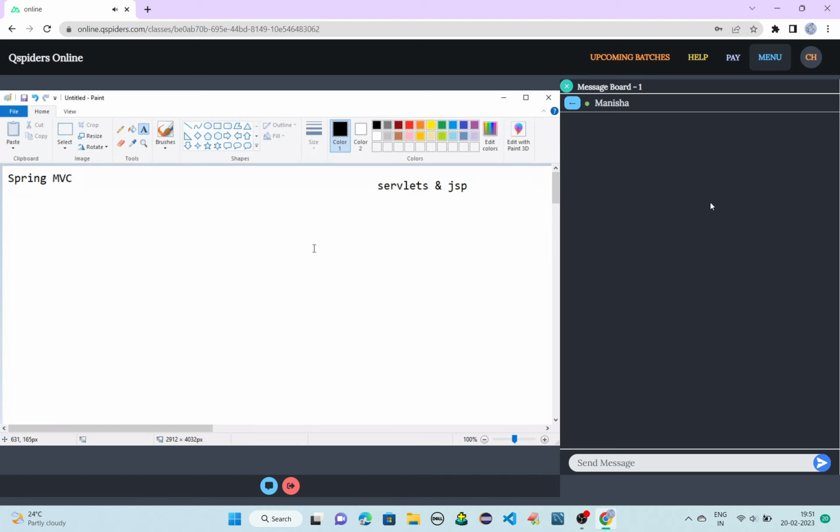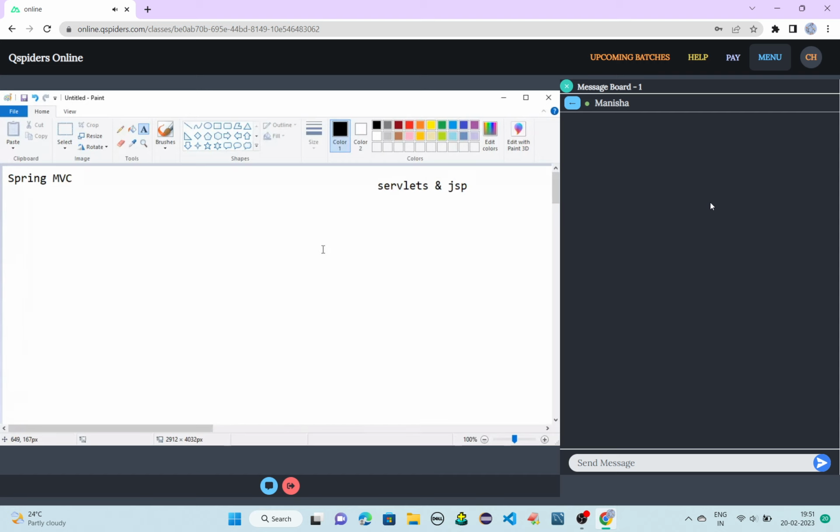Spring Boot is separate, guys. Don't get confused between Spring Boot and Spring MVC. Okay, Spring Boot is more important when compared to Spring MVC. So I just completed all important concepts. Fine. Now, Spring MVC is usually for your front end purpose.